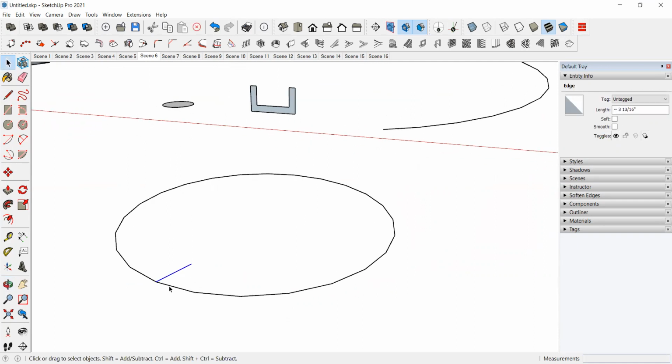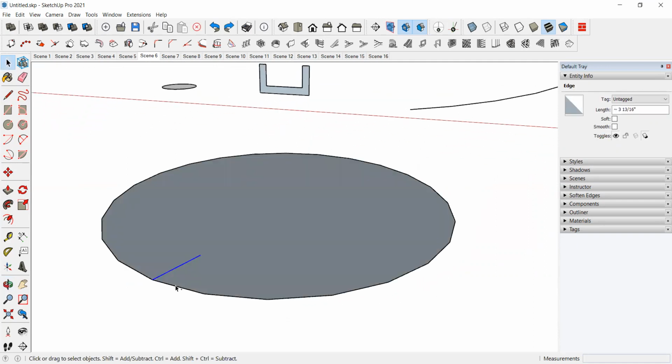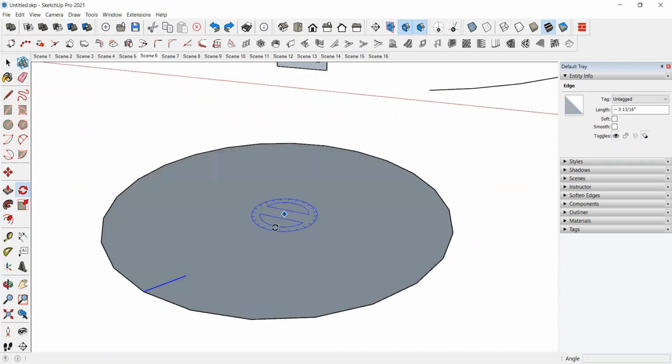Now what I will do is rotate this. Okay, I will rotate around this. So to rotate, you have to take the rotate tool, pick the center point, and consider that center point as the reference point.